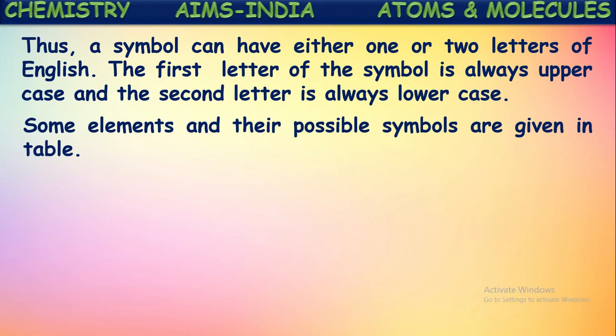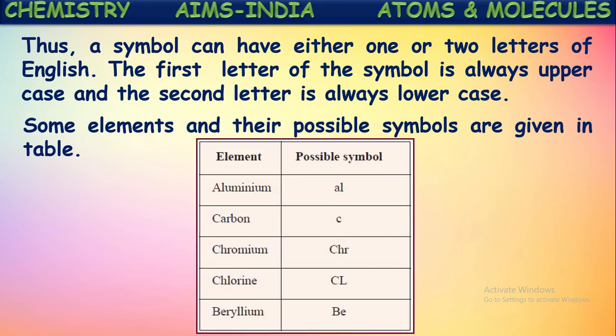Now let us see some elements and their possible symbols given in the table. Observe the symbols given for the elements and check whether they are correct or not. Say the element aluminium. What is the symbol for aluminium? Actually, there is a first letter A. It should be taken as its symbol, and A is the first letter for so many elements. To avoid confusion, along with the first letter A, the second prominent letter from its name is also taken. That is L. Now the symbol of aluminium is Al.